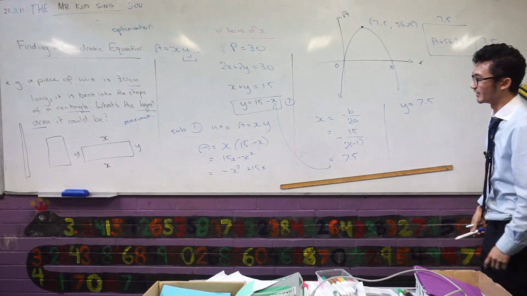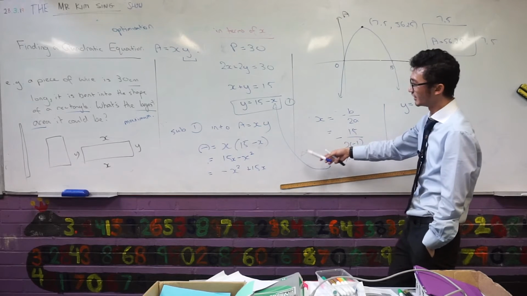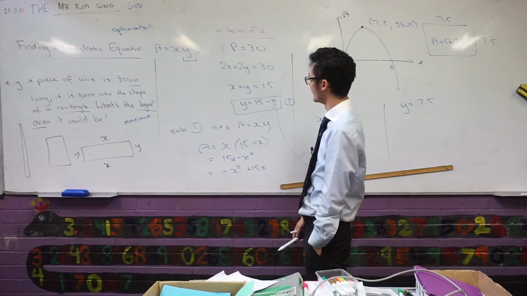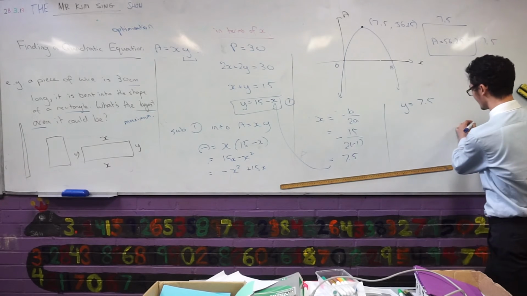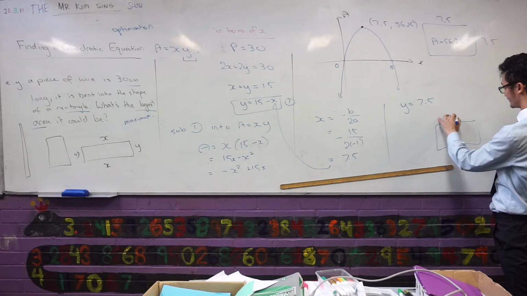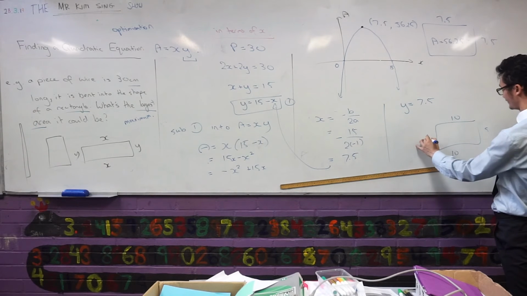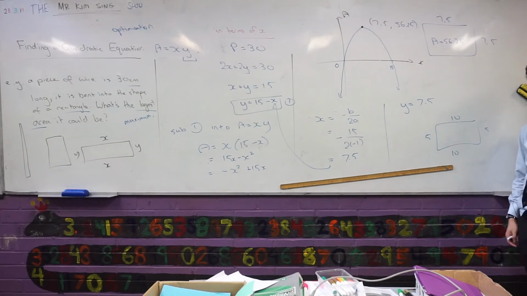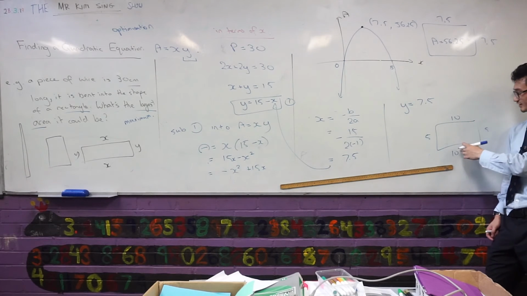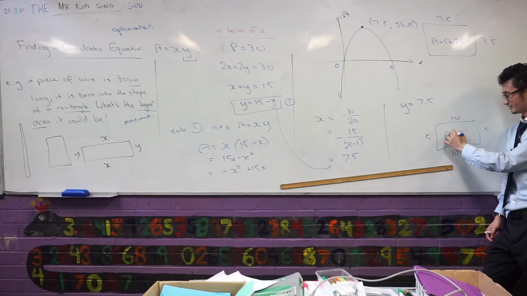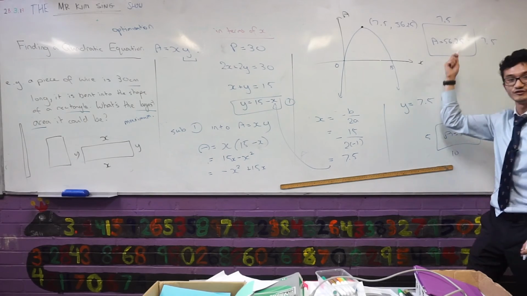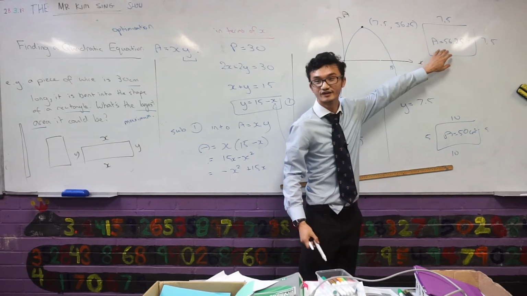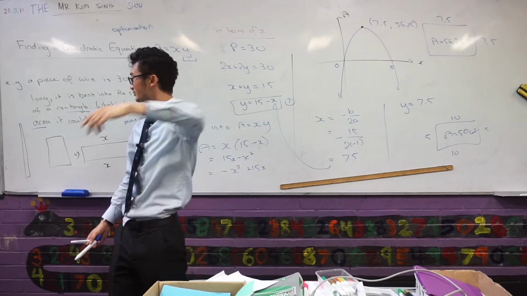Okay. And you can try with a whole heap of different values. You can try, if x is equal to 5, for example, then y would equal 10. So that's one rectangle you could use. 10, 10, 5, 5. Those would add up to 30 if you add up all those values, right? What's the area of this shape? It's just going to be 50, right? And that's smaller than this one. And in fact, you will find that it's not possible to find an area larger than that